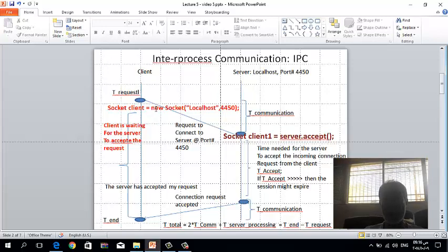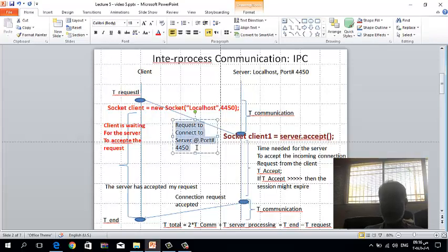It will create a message called request to connect, which is this guy. And then over the link, the Ethernet link or the Wi-Fi, it will send the request to the server. So the server here will receive the request to connect, and the server will start processing. It will process this statement. First, it will receive it through the Ethernet port or the Wi-Fi port, and then it will proceed to send